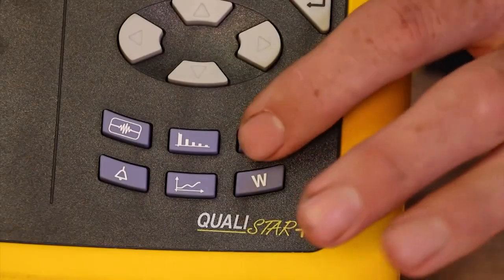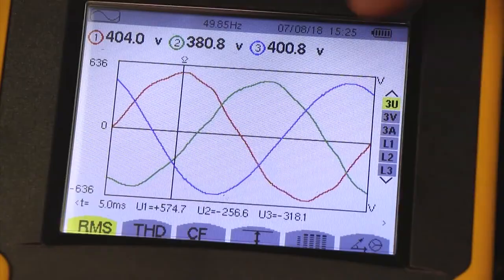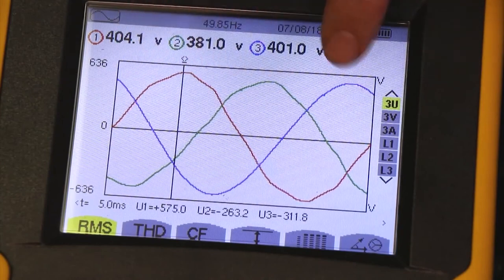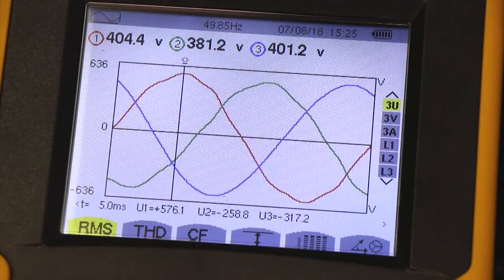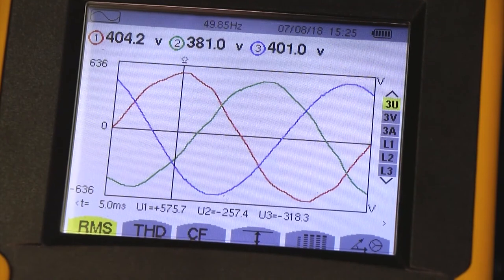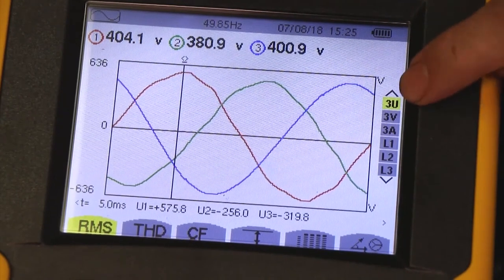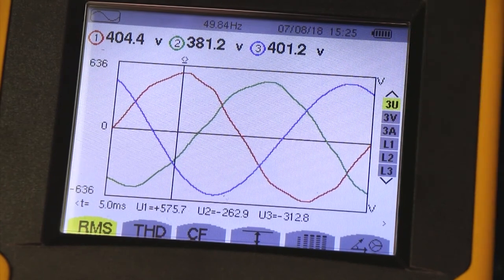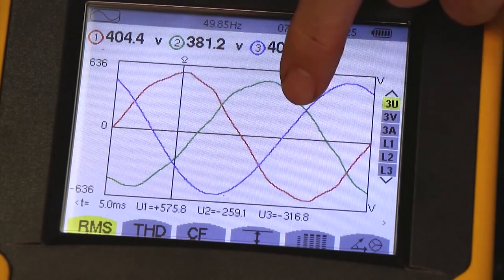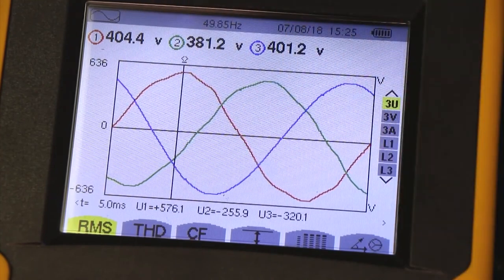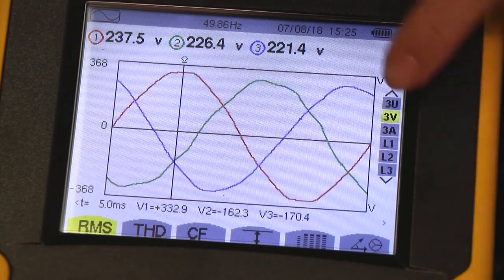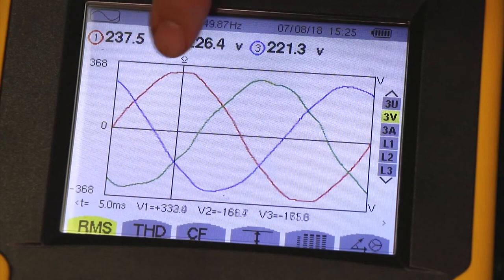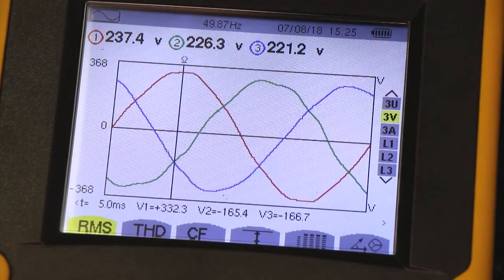Having now set the product up, if I were to press the waveform button, I'd get a live display. Now for this demonstration, this product is connected to 3 phases of voltage and 3 phases of current. You can see here highlighted in yellow that we have up and down arrows. This shows me which waveform is being displayed on the screen at any point in time. At the moment, 3 phase-to-phase voltages. If I push down on the cursor, now you're looking at 3 phase-to-neutral voltages. Press down again, and you're looking at 3 different currents, and so on.